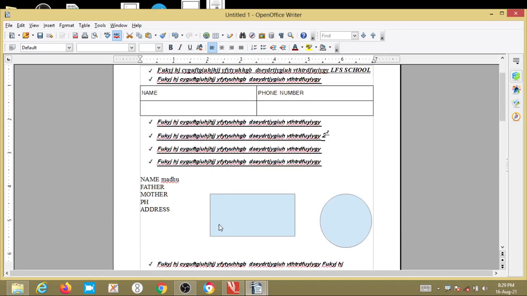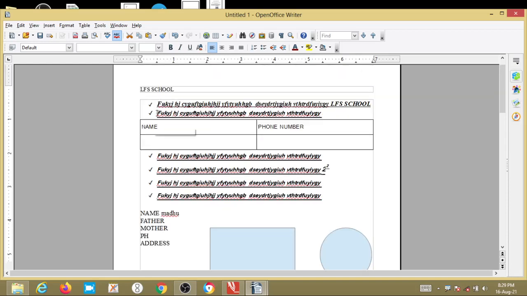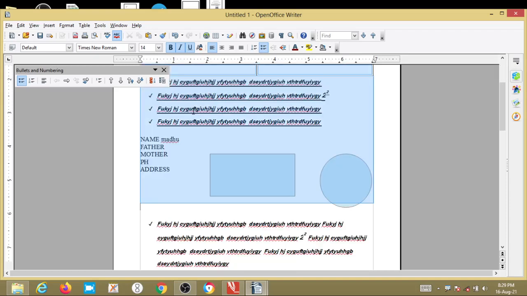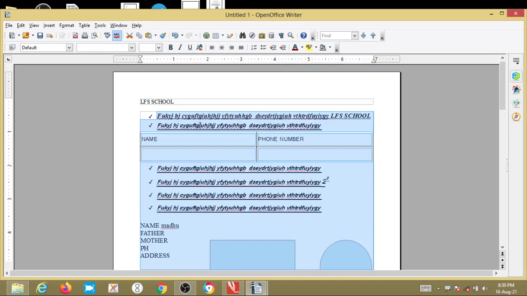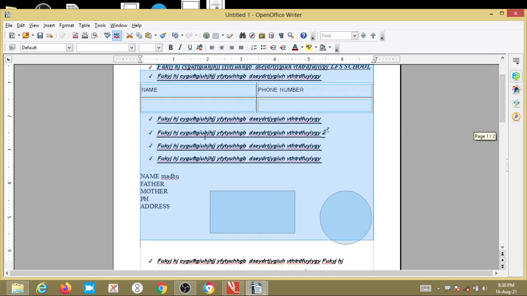Again, if you press Shift and Page Down, it will extend the selection one screen downward. Suppose I place a cursor here and press Shift and Page Down, it will select one screen. One page is divided into two screens. If you press Shift and Page Up, it will select from the bottom of the page upward, that is one screen. If you place a cursor at the top of the page and press Shift plus Page Down, again one screen downward will get selected. I hope you understood clearly.